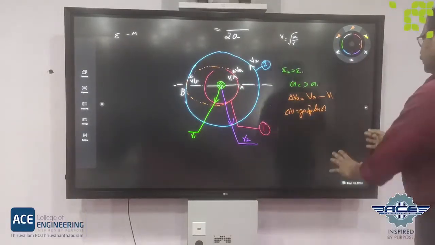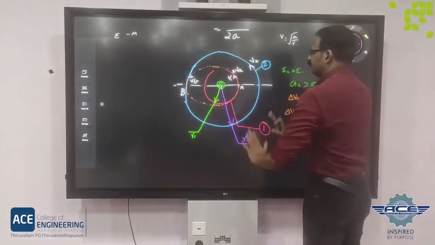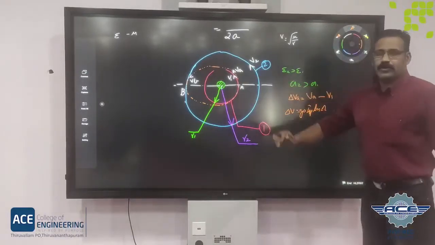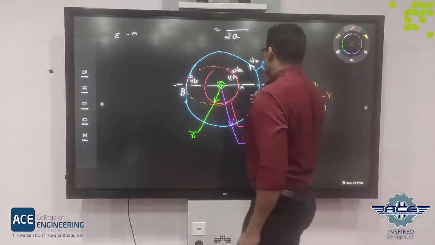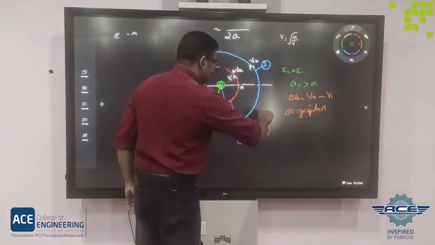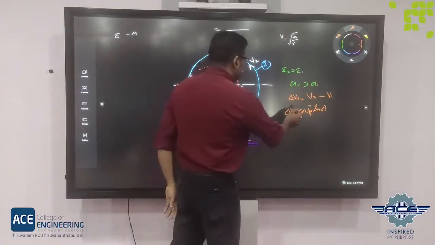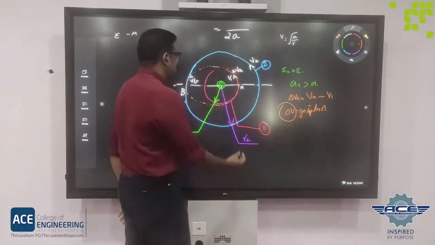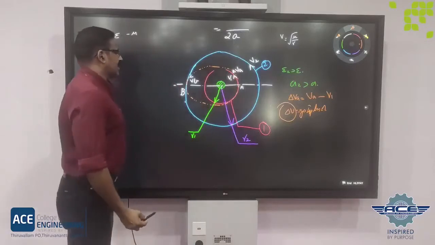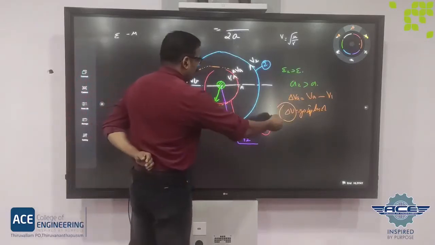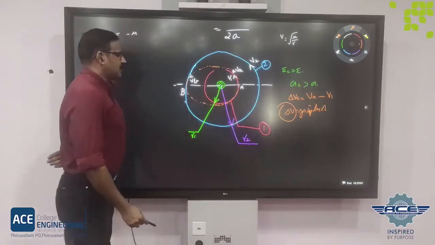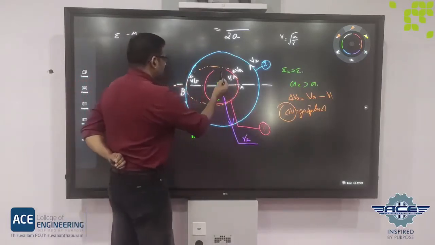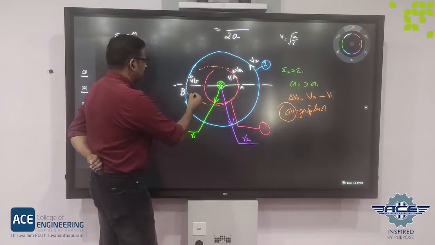From there, you can calculate the energy we have imported to this Hohmann transfer. Once it is, we have increased this delta V to this satellite. This is the additional velocity required to follow this Hohmann elliptical trajectory. That means if you are only giving this delta V, this satellite will come to the point B and